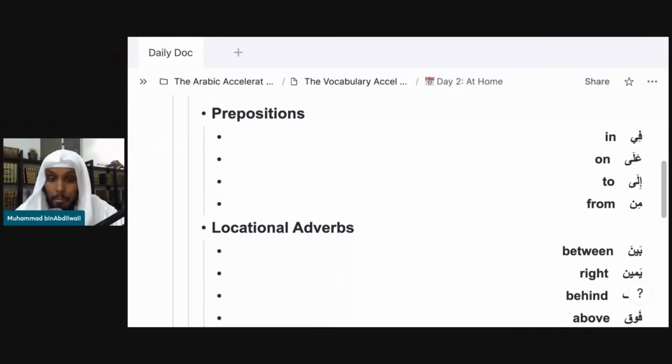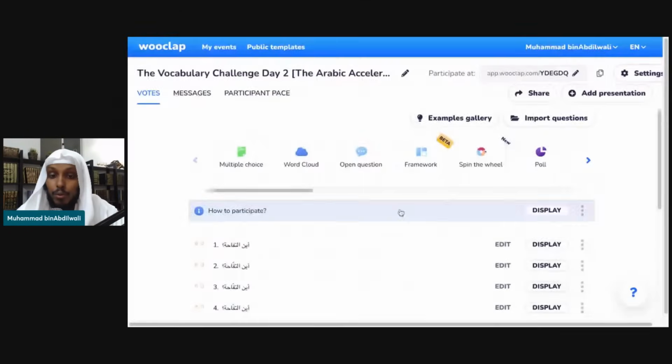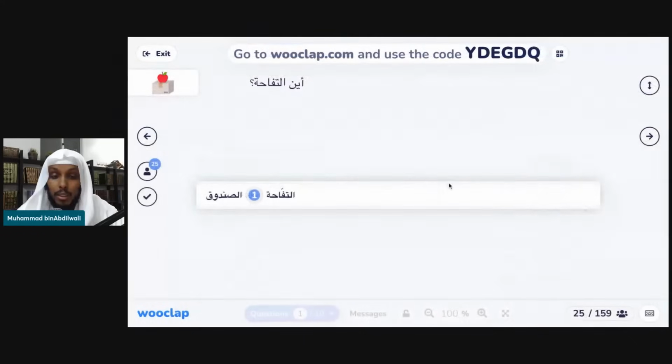All right. Let's do some practice again. Bismillah. Don't worry if you're slow on this, or you're not catching up, or you're getting the questions wrong. This is just to give you a taster of what exercises you'll be doing and how you will be perfecting these words, inshallah. So do not despair or anything. I've just literally exposed you to these words. I don't even expect you to know them or memorize them in one go. For those of you that might have done this before, this is a good way to test your abilities. So now the question is, أين التفاحة؟